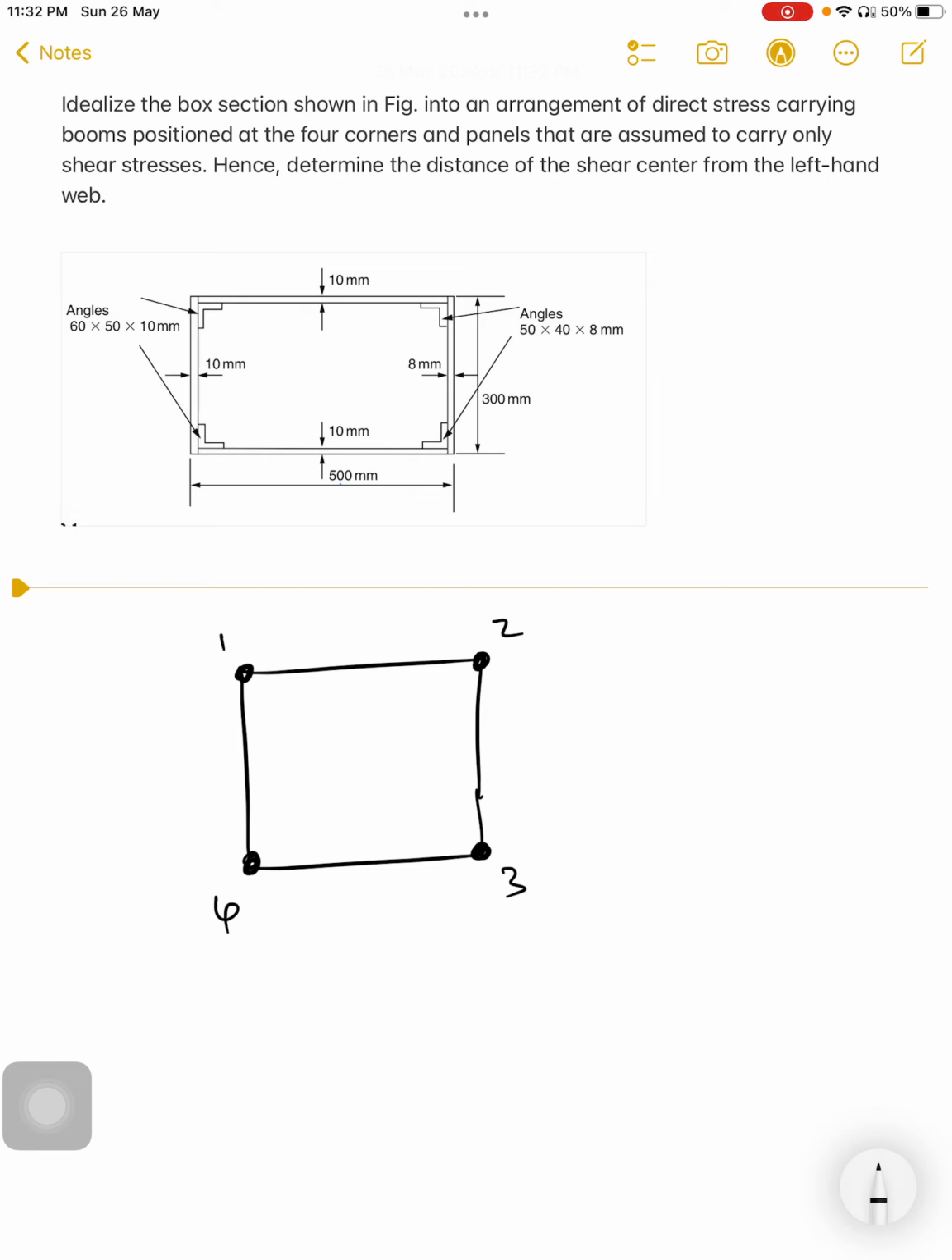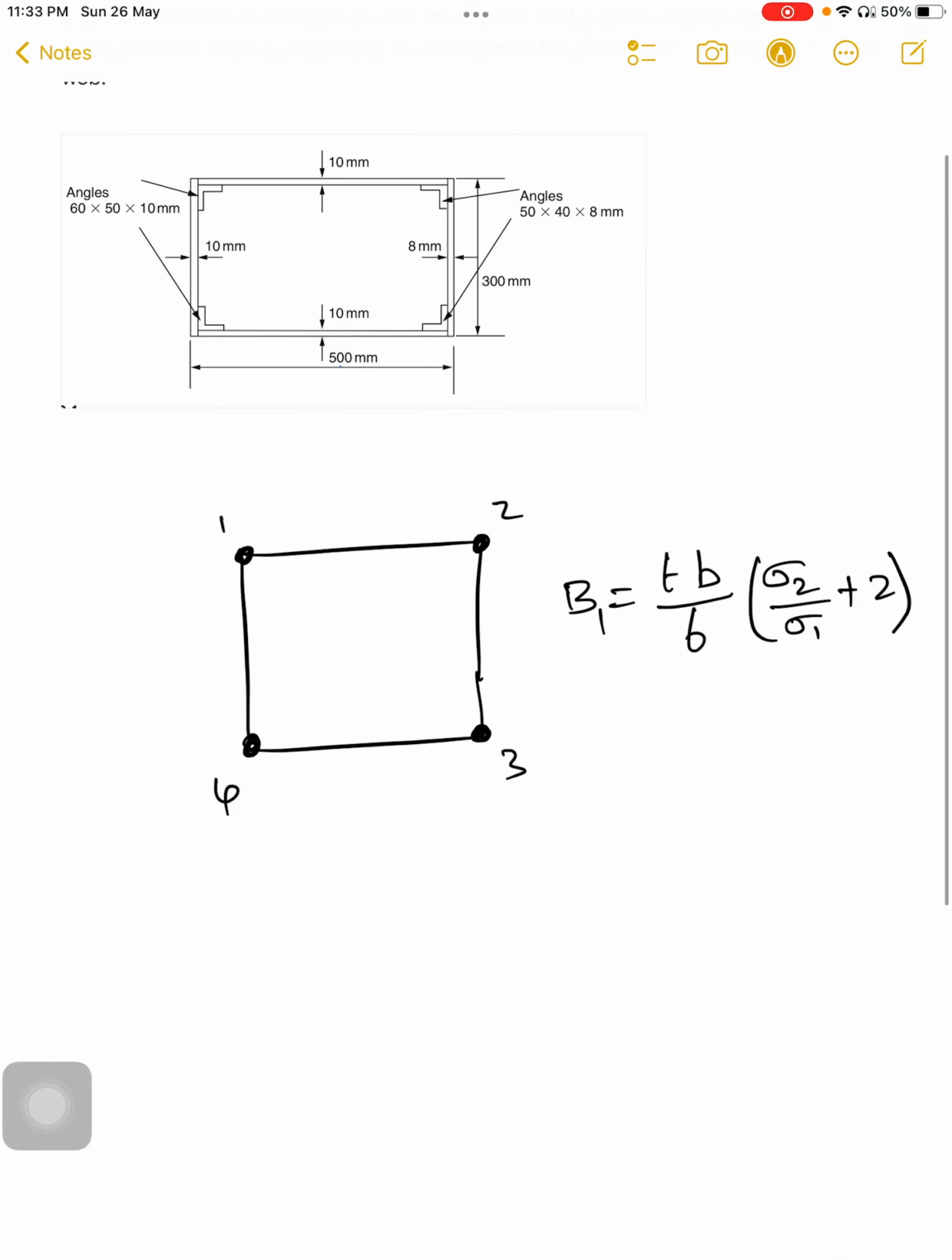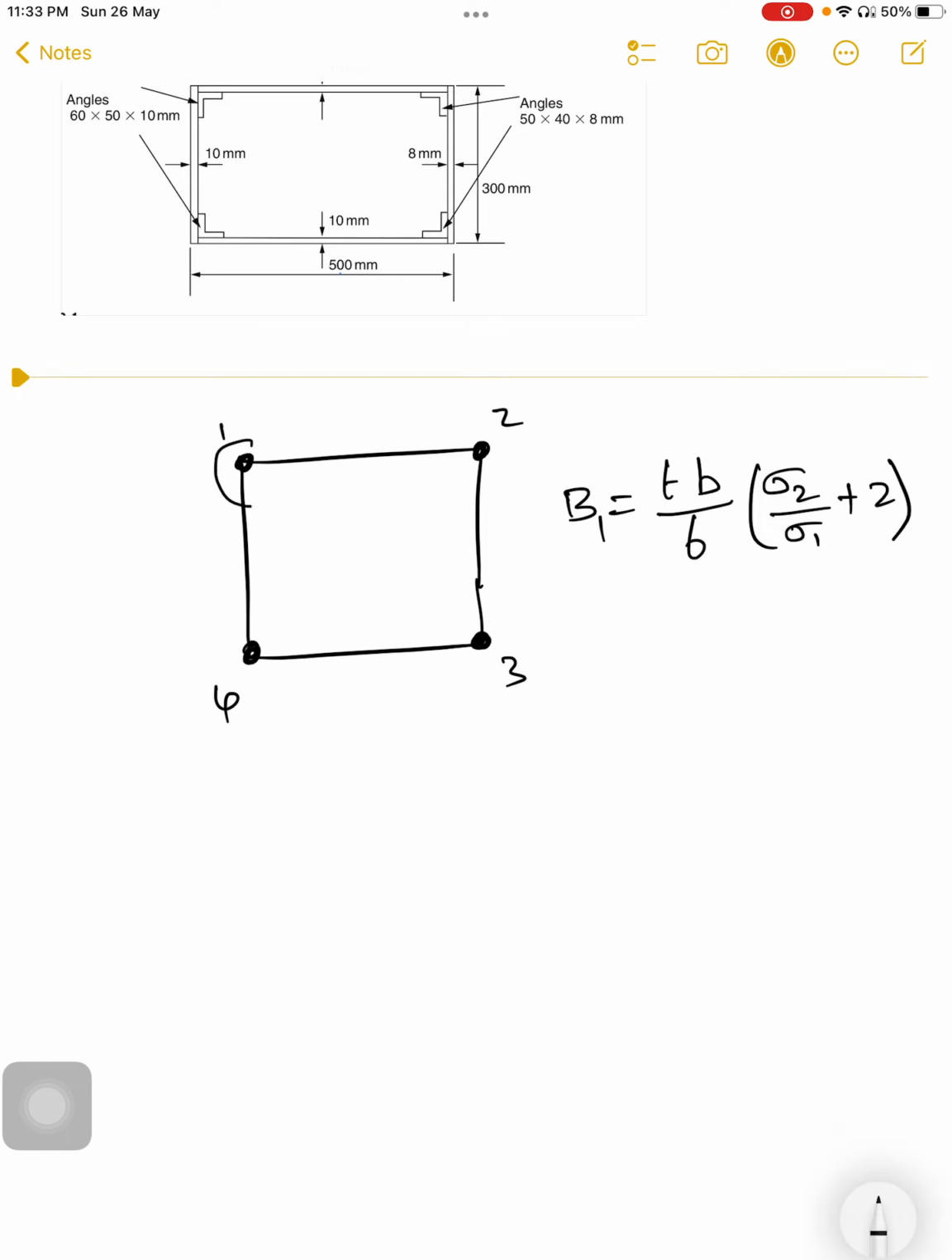booms. Determine the booms. The boom formula: B is equal to thickness of the panel times breadth divided by 6, into (2 plus sigma 2 divided by sigma 1). This is the boom formula. Okay, for the first section, for boom 1, it is connected with panel 1 2 and panel 1 4, and also the area of the stringer. So B1 will be equal to